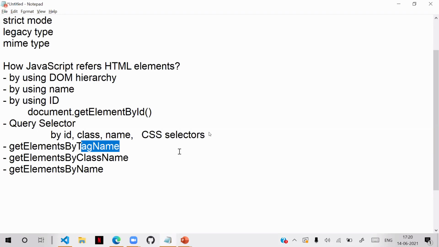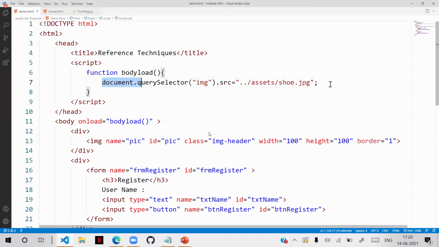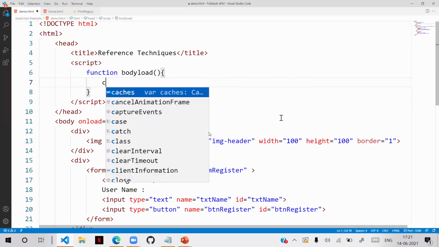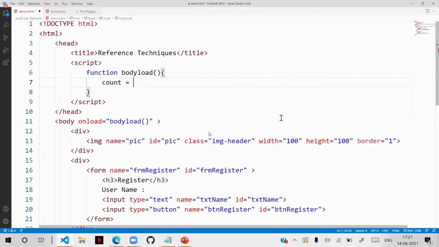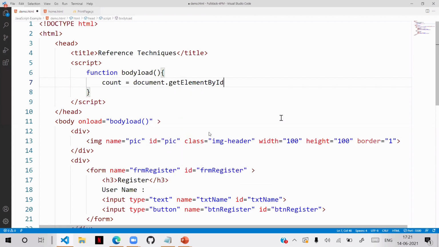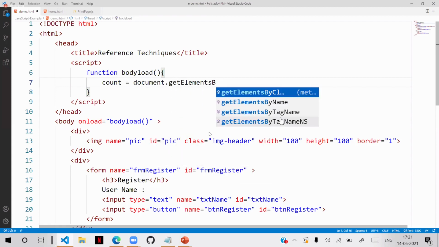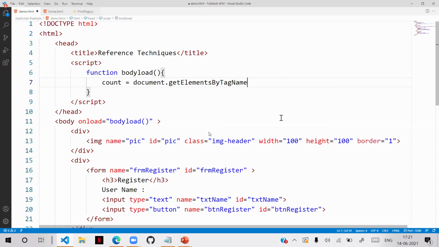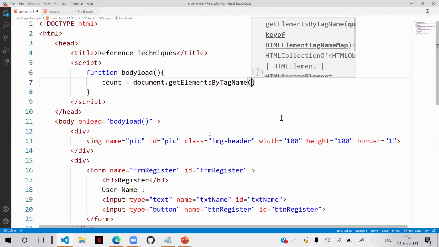As of now, for example, suppose I want to know how many divs are present inside this page. See what I am doing. I declare count is equal to document dot get elements by tag name, and I can use that tag name.